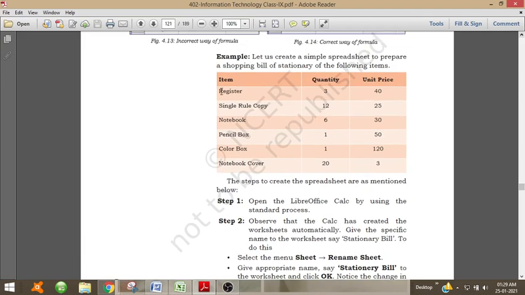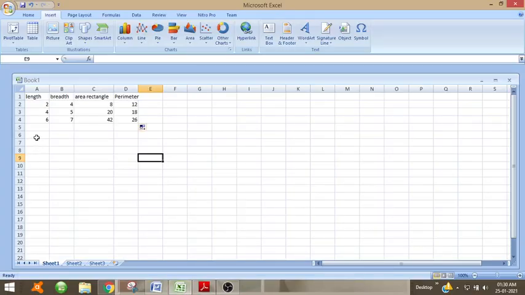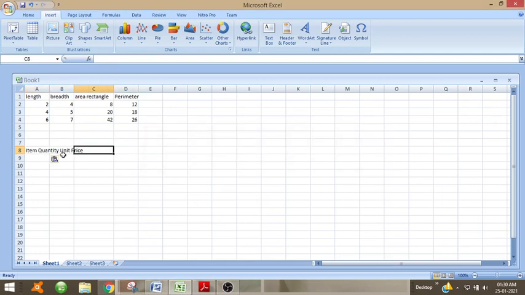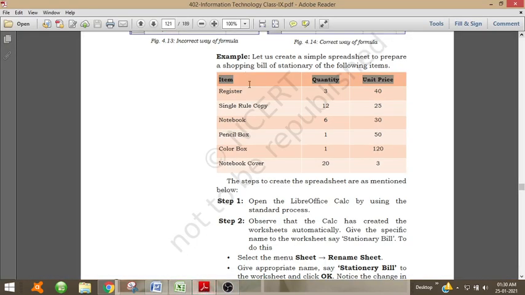Now you can try like this. Another one: create a table with 3 columns, that is item, quantity and unit price.